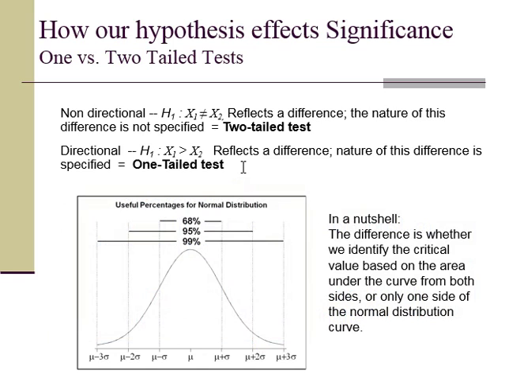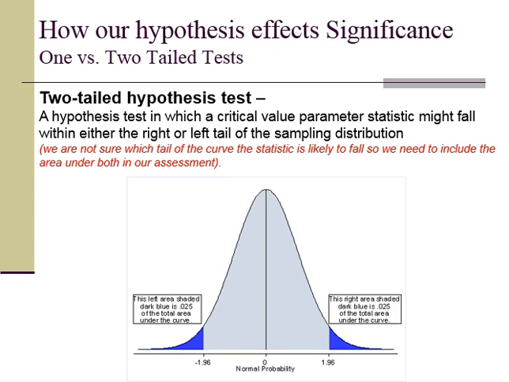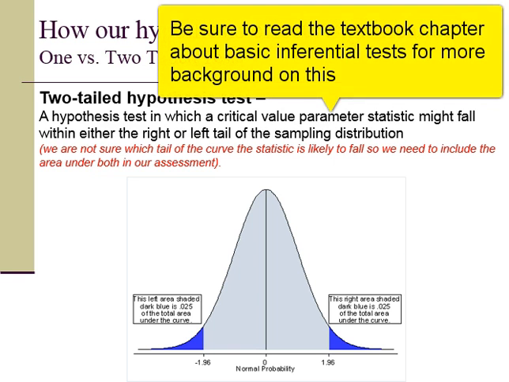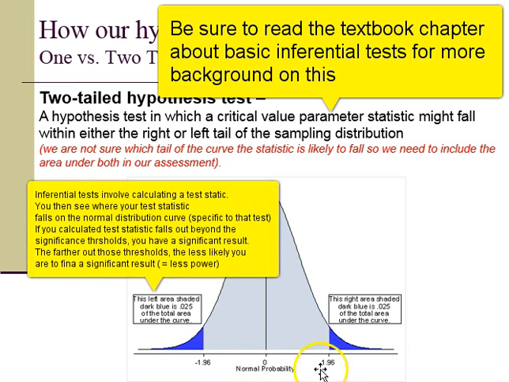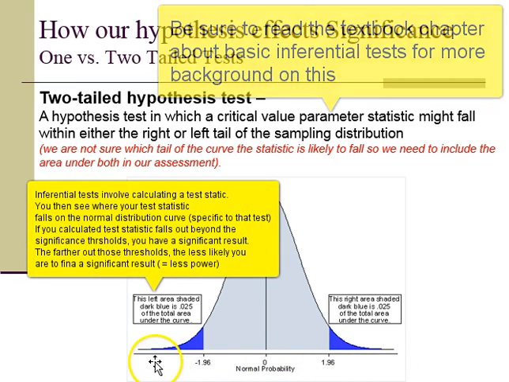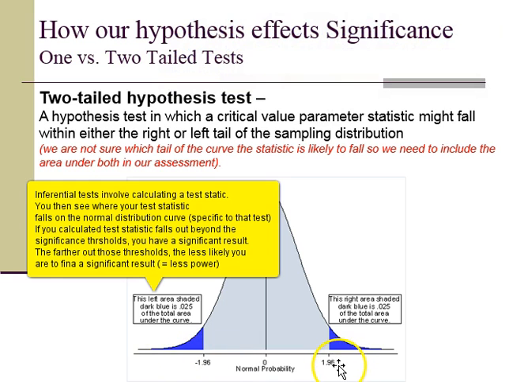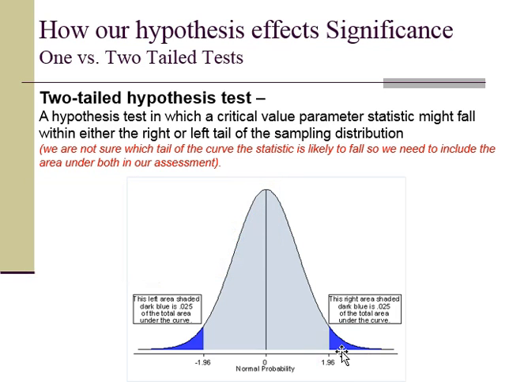Okay, and the reason why you might want to be this specific is because really, in a nutshell, it determines the power of your test. Let's talk about that for a second. So when we're conducting a hypothesis test, right, we are calculating some test statistic that we compare to this normal distribution. And where that test statistic falls along this x-axis tells us whether it's likely that we would see that, and therefore there's no significant difference or significant relationship, or if it's highly unlikely that we would see that difference or relationship based on this population.